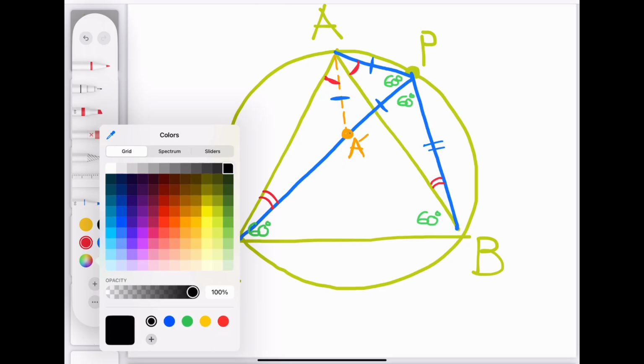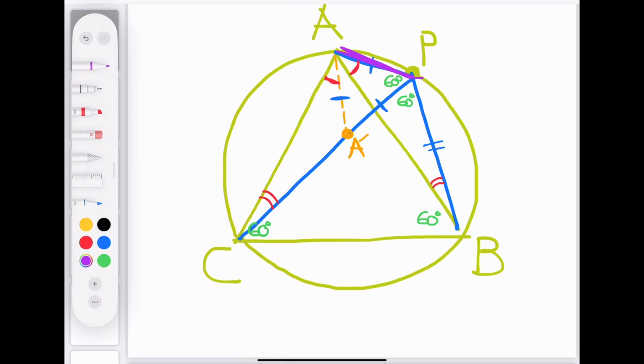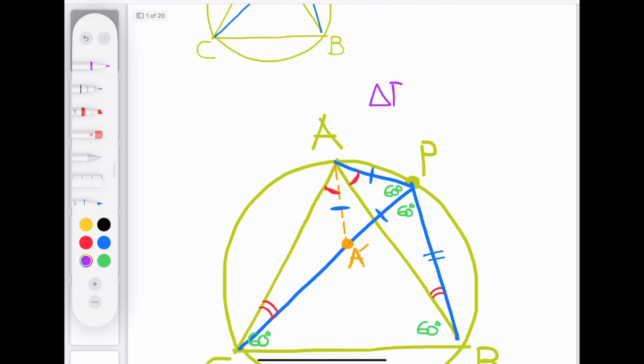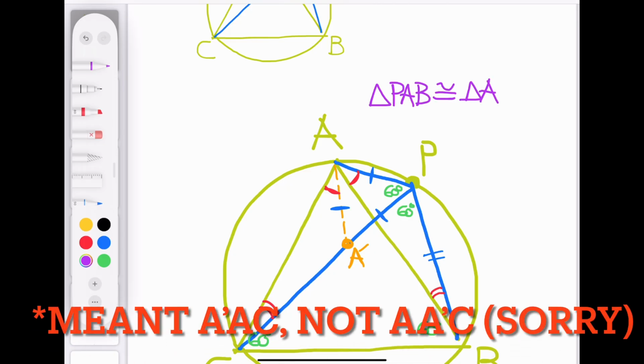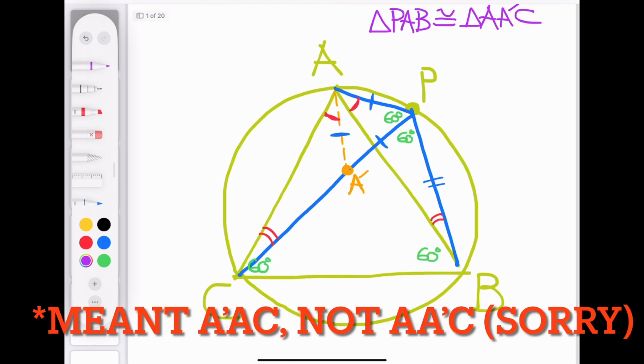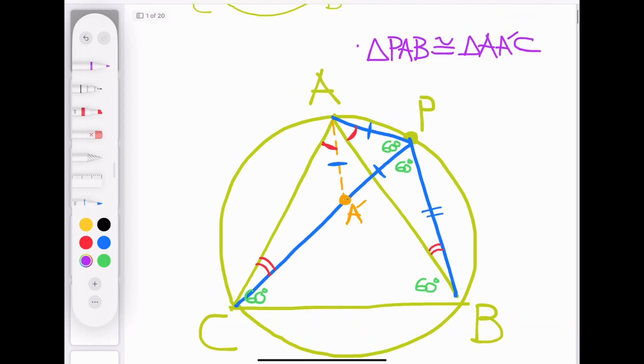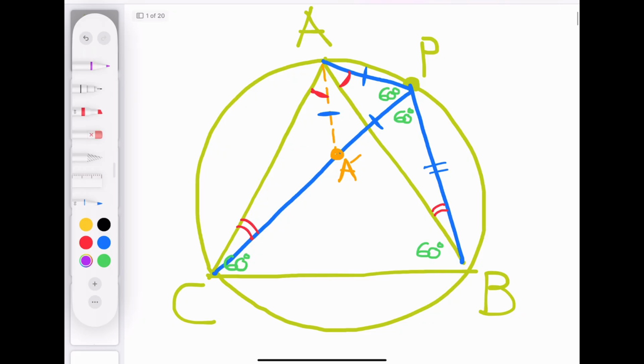sorry, get my marker here. It will now follow by side, angle, angle, right? I'm not going to write everything out, because it's just going to take up a bit of space. But you could see by side, angle, angle that the triangle PAB is congruent to triangle A prime C in this diagram. And so because of that, you can look at corresponding parts of congruent triangles to see that